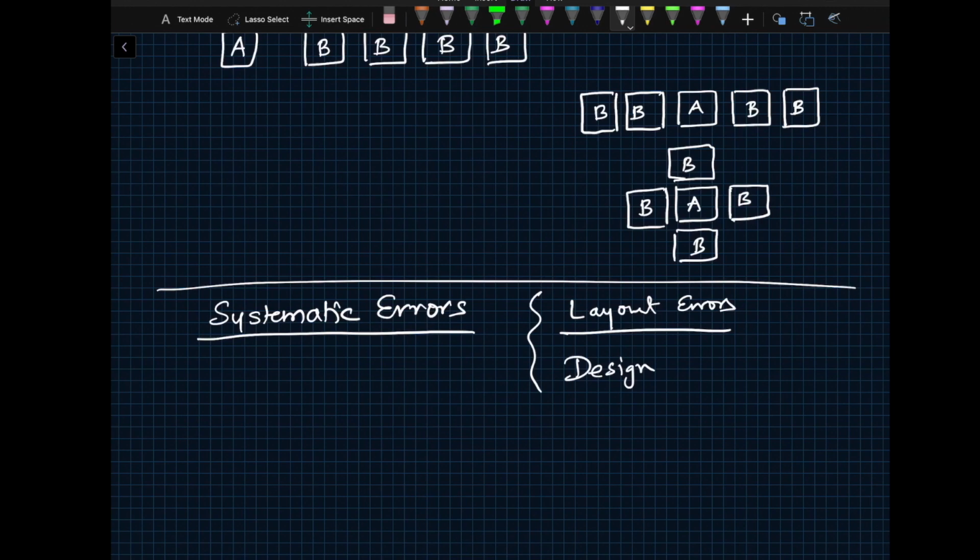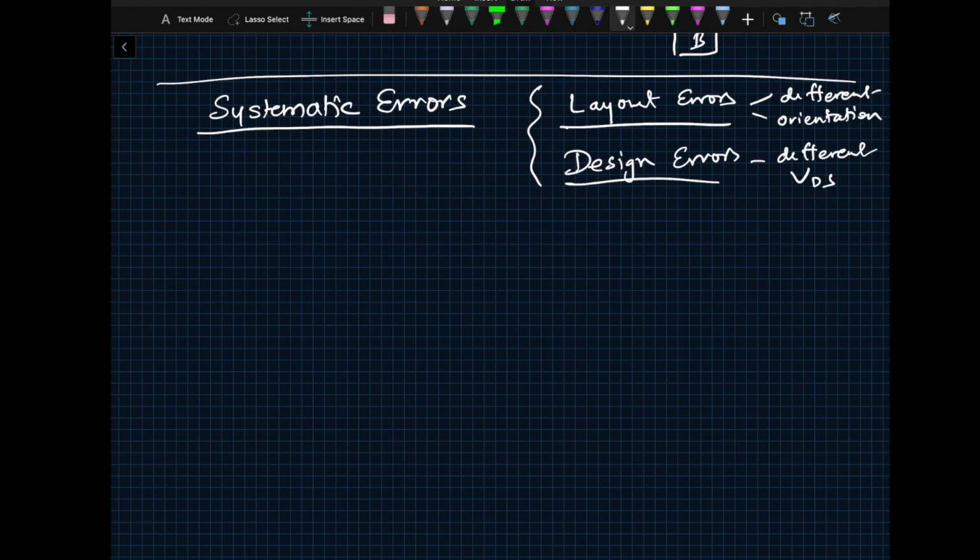So this is like operator error, I like to call them. So layout errors could be the different orientation. You don't lay it out properly. The transistor A is laid out horizontally, transistor B is laid out vertically, and W is perpendicular to each other between the two, then they will obviously not match. Okay, so different orientation, this could be a problem. And when it comes to design, for example, if you have different VDS between the transistors, then you will not get exact same matching. When it comes to systematic errors, you can say that basically each defining edge or dimension